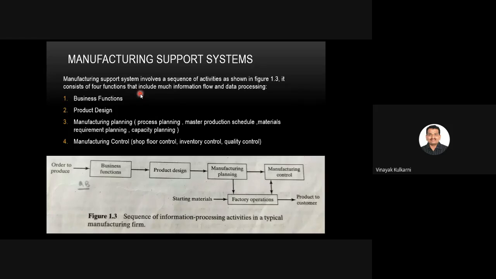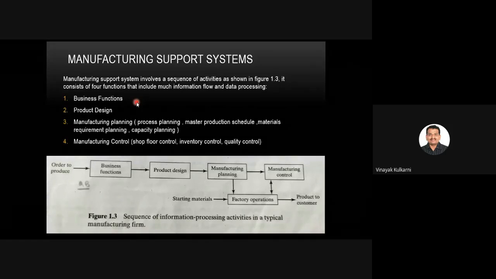I am the owner, I can do anything. I have a CNC machine and I can go and start making a product. No, it cannot be done like that. You need all these functions. Business functions is very important. Otherwise, you need to advertise your product that you are selling this, or tell the customers that you have these machines and you can do all these things. You can make a catalog of what you can do in your factory.